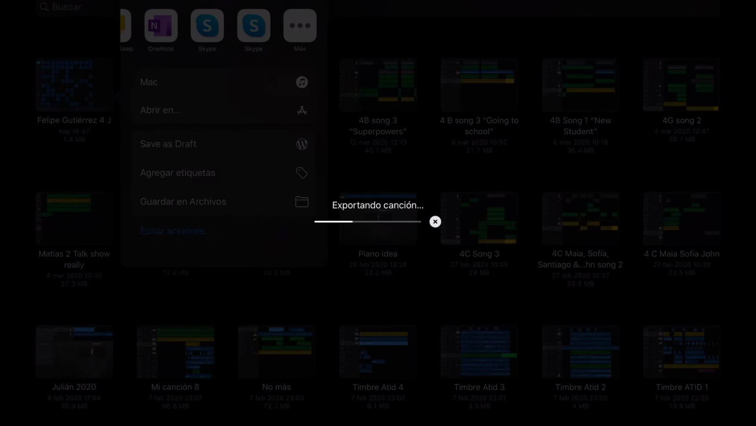Wait until the app exports your song. Follow the rest of the instructions in Google Classroom